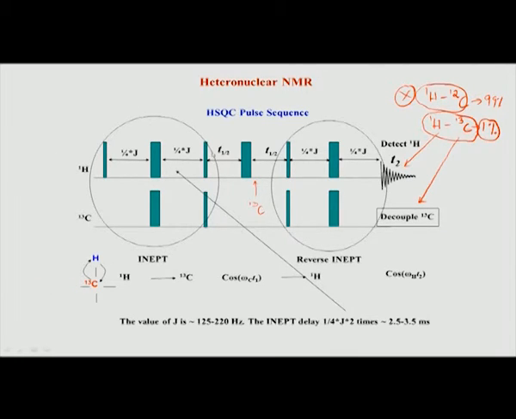But going a little deeper, this decoupling is slightly different from this type of decoupling. This is just one pulse, a 180 degree pulse which is achieving the decoupling, but here it is a series of 180s, not simple 180, not just one pulse. That's why we show it in a box like this. This is called composite pulse decoupling, CPD, the term used when you apply decoupling like this, and this is a simple 180 degree decoupling pulse.